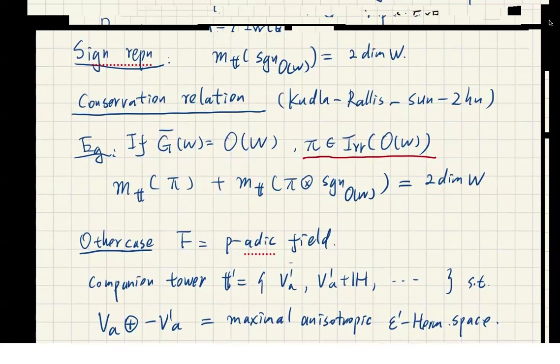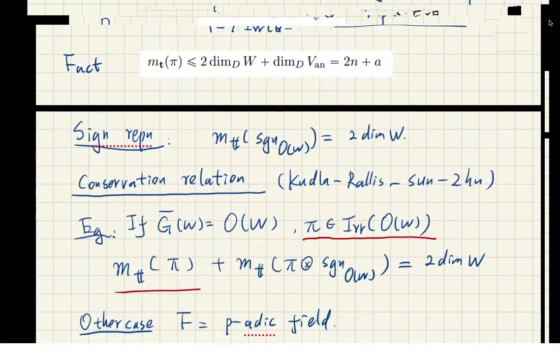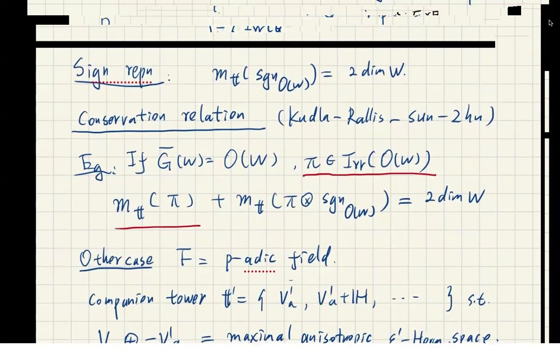Then you consider the first occurrence index for this representation, which is defined in this way, this M. For the symplectic group you have only one Witt tower, so you just write M of pi. This is nothing but the smallest, minimal